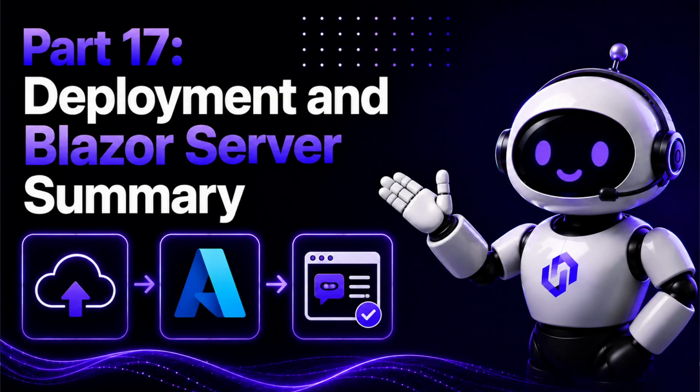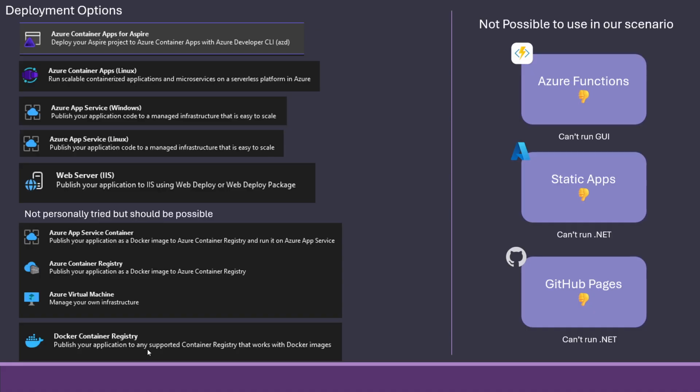And welcome to part 17 of Let's Build a Chatbot in C# using Microsoft Agent Framework. Part 17 is the last of what I call Season 1, meaning that we use Blazor Server. There will be a Season 2 with multiple things that we will cover at the end of this video. But for this last session, we are gonna talk about deployment to Azure and a little summary about what we actually did so far in the last 17 parts. So let's get into it.